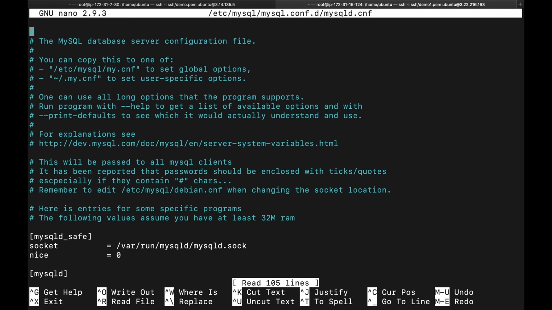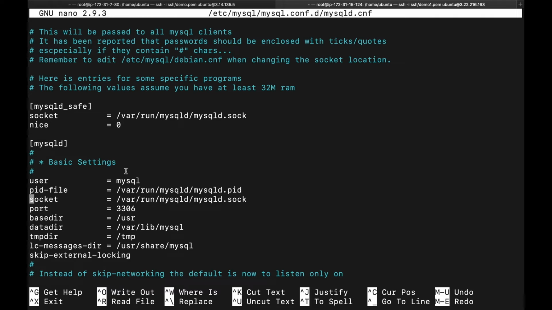So you have to remember this path, otherwise you can save it in a safe place so that you can edit it anytime whenever you require.